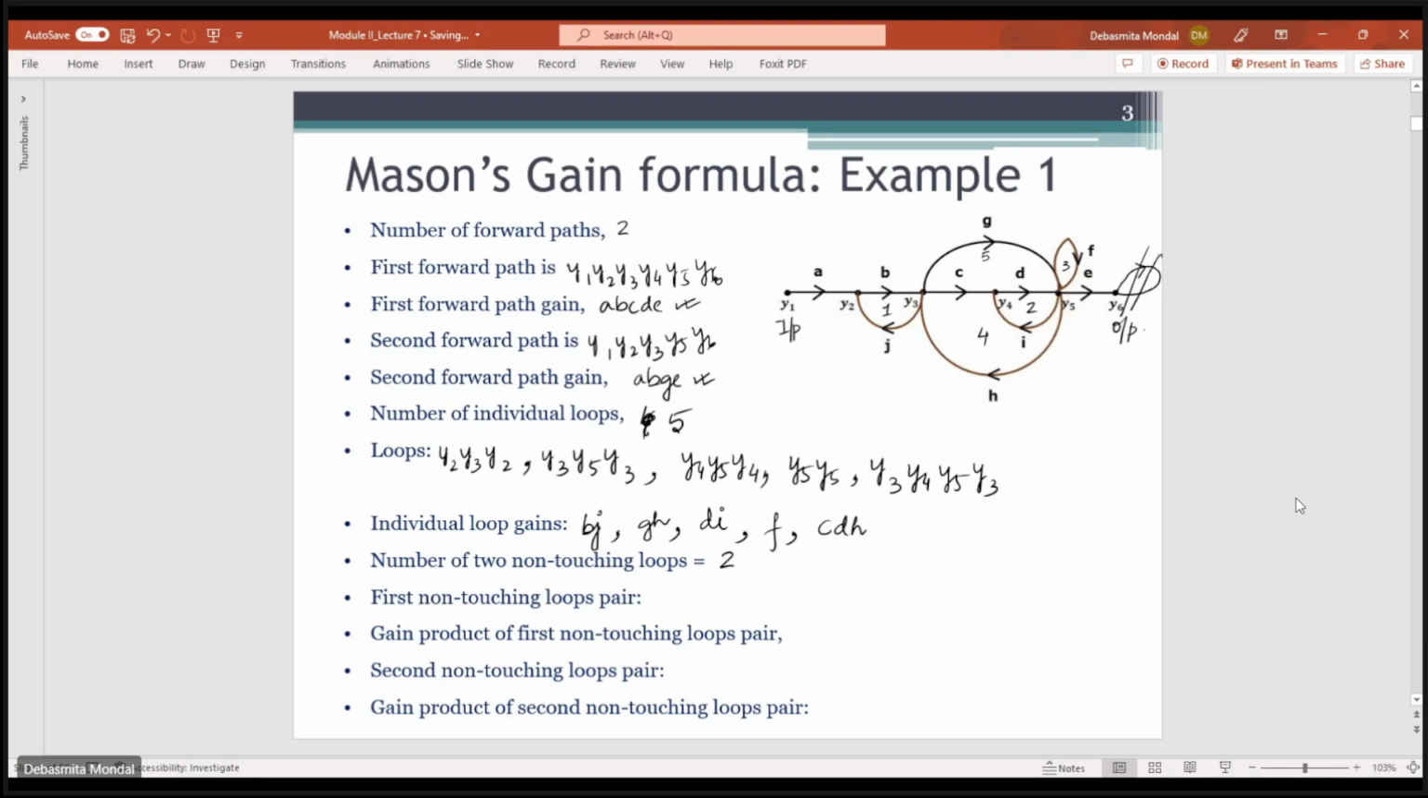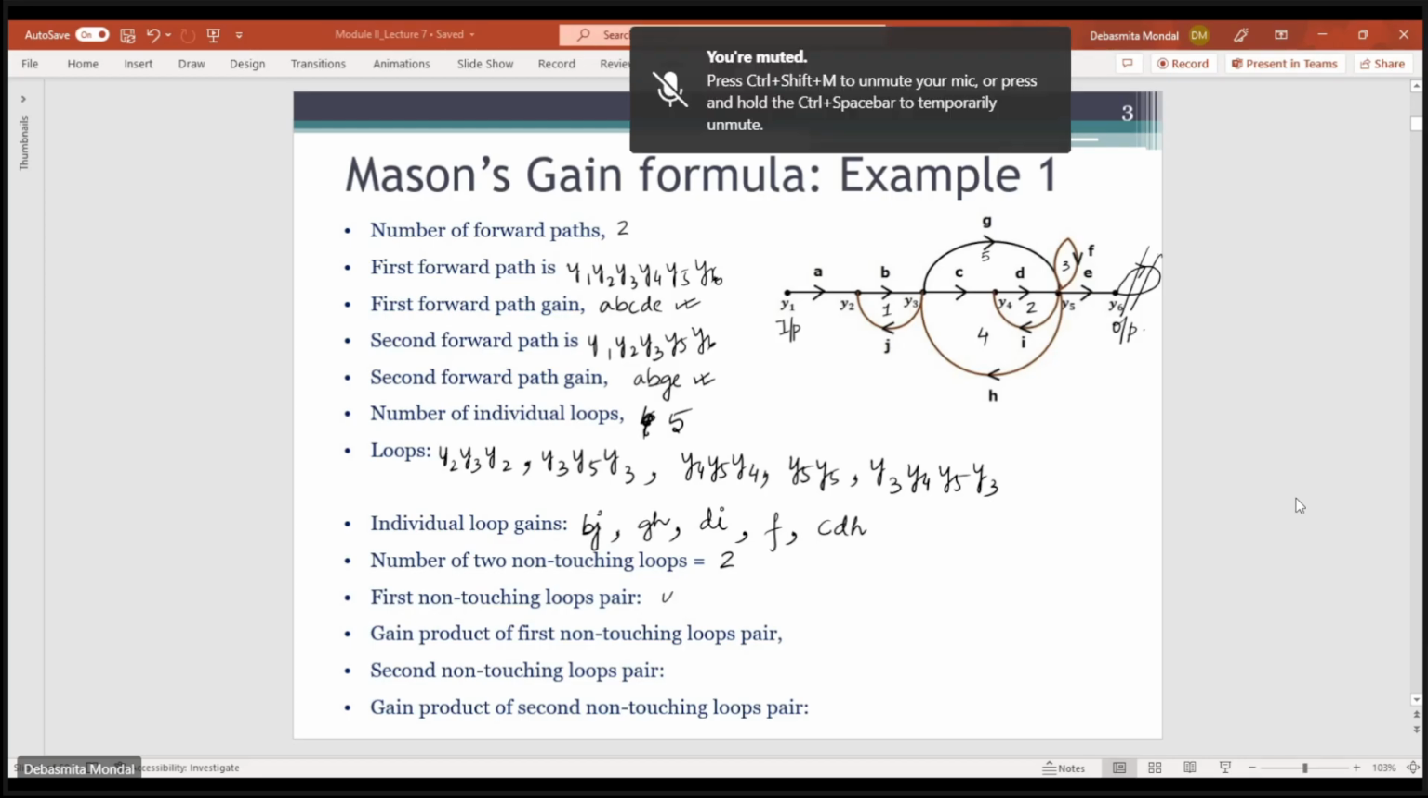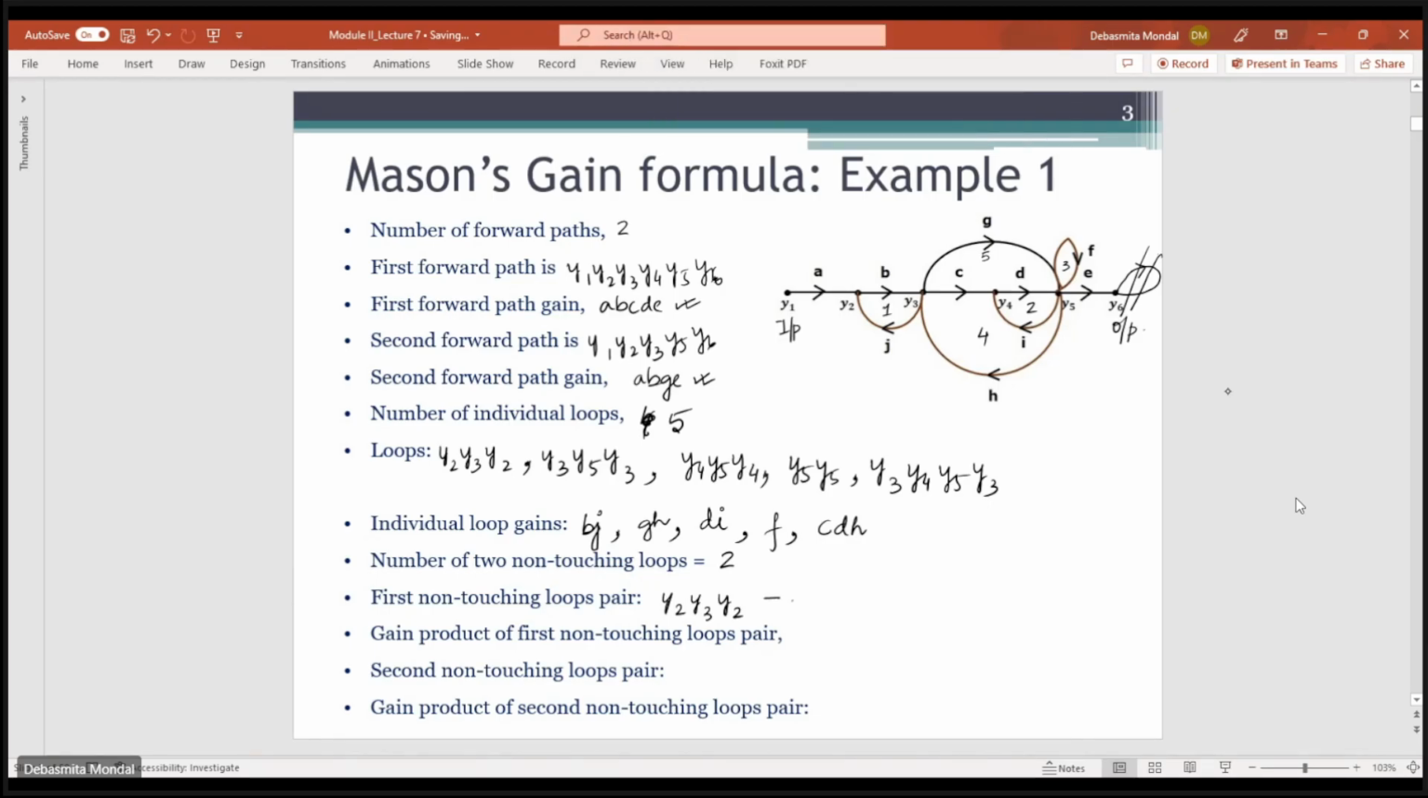So that is 2. Then you will find the pairs of two non-touching loops. The first pair will be y2, y3, y2, and y5, y5. This will be one pair of non-touching loops, and the gain product of this first non-touching loop pair will be given by